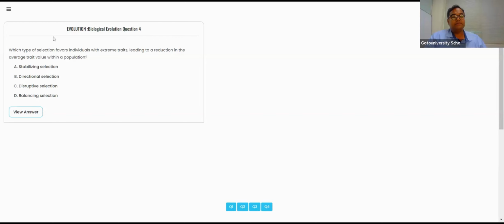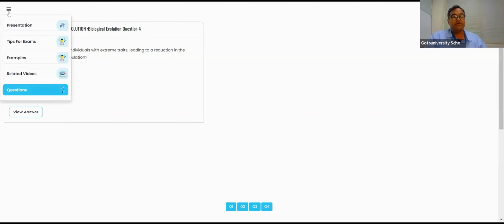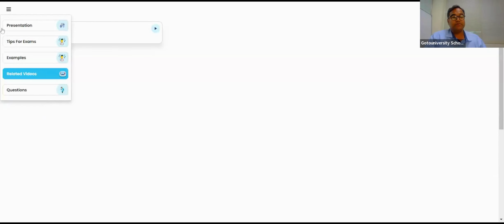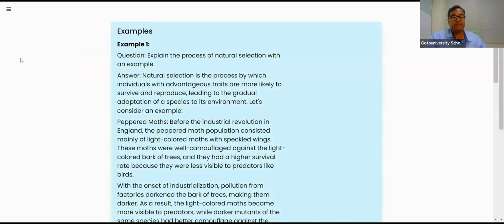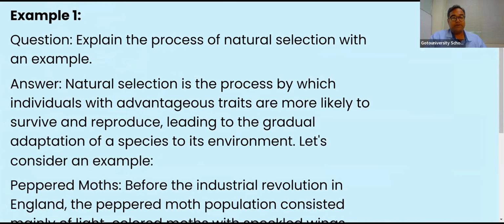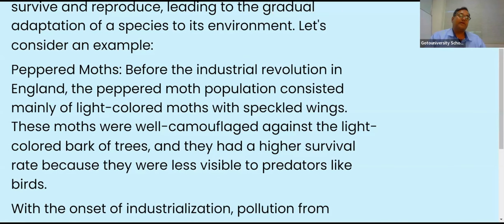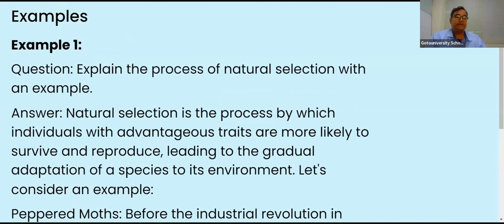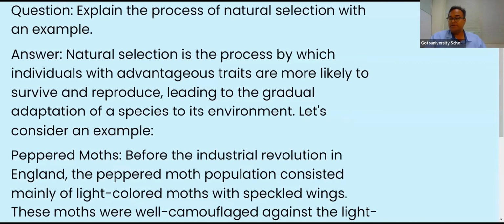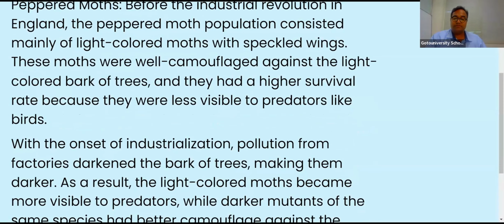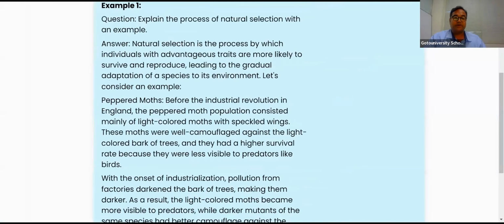Here, now we are entering into the related video. Whenever you have time, listen to this video. Examples of the process of natural selection with the example. We already told the peppered moth, the camouflage mechanism, industrial melanism. The concept is written in a rephrased version in this place. Listen to this concept in a detailed way. And now we are entering into the next important phase, which is nothing but